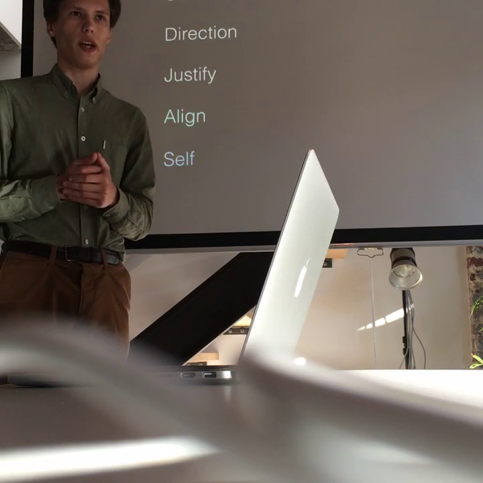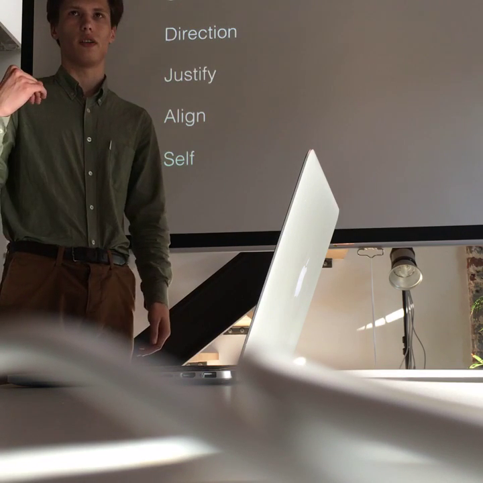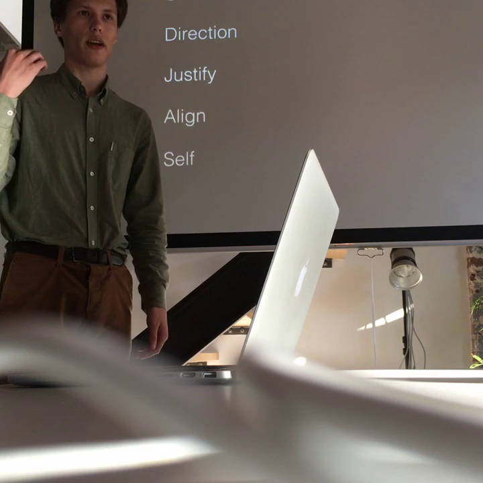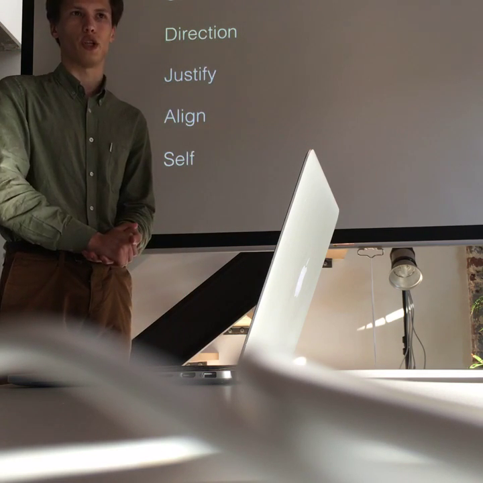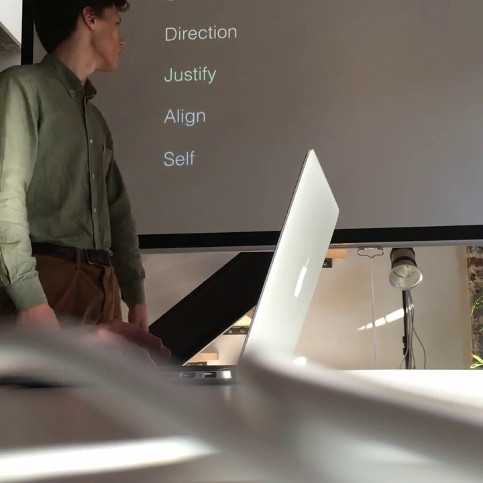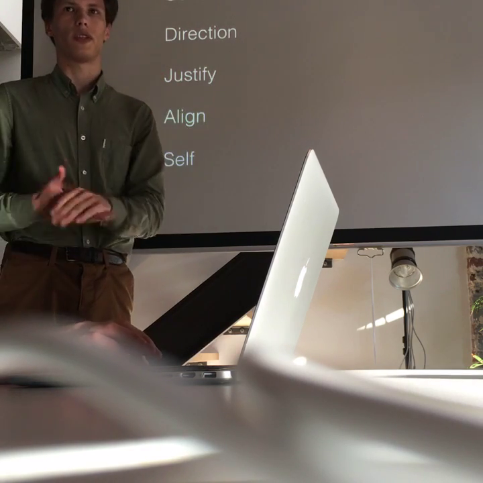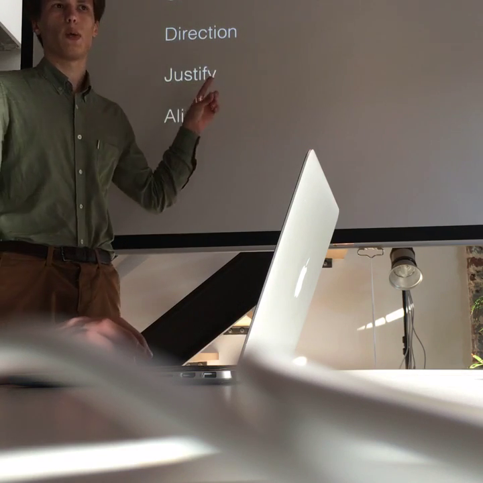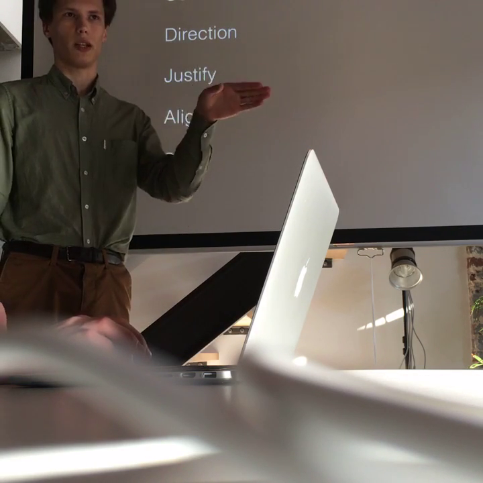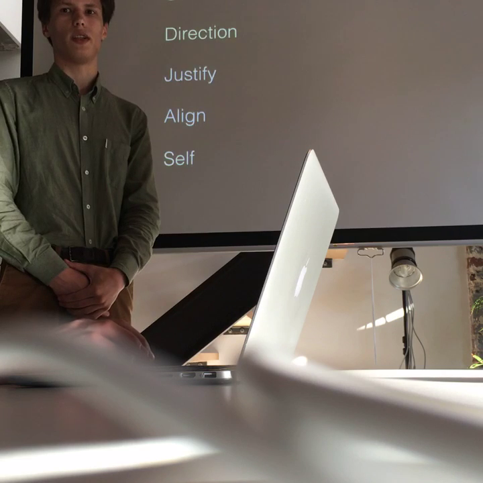We can justify, which is on the opposite axis of the axis we chose, so row or column, or align, which is on the same axis. With these two combined, we can easily put something in the middle of a page, which was crazy to achieve